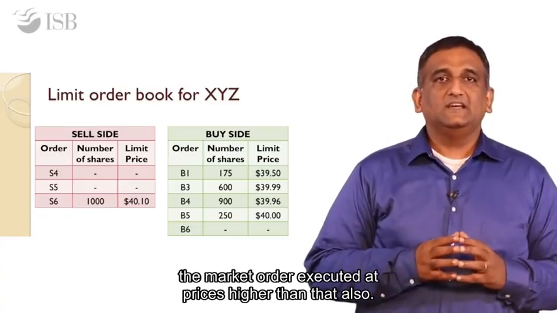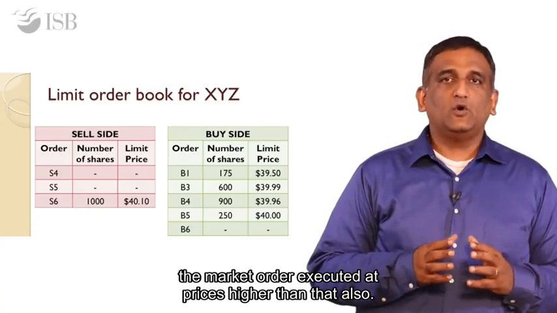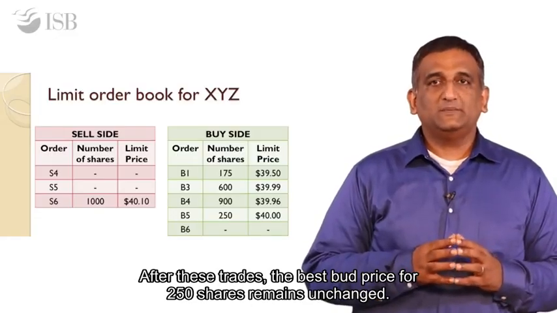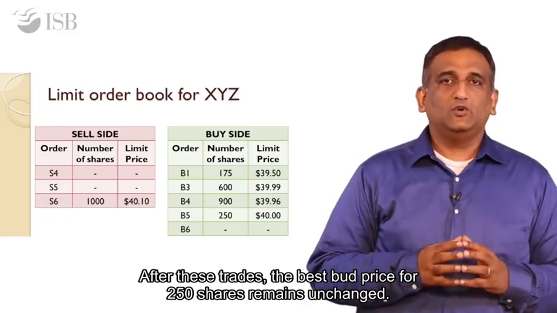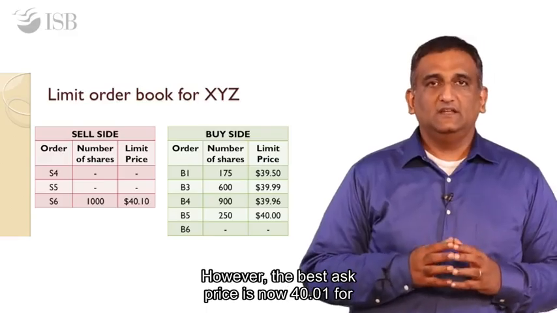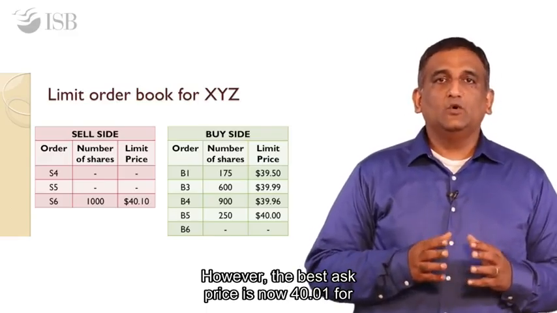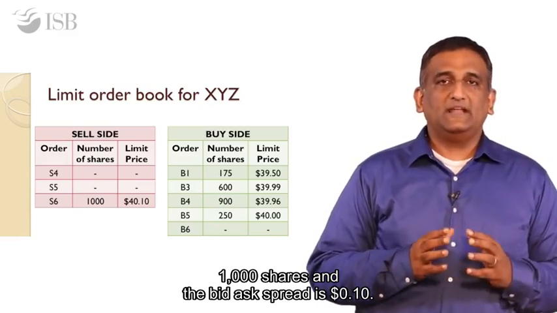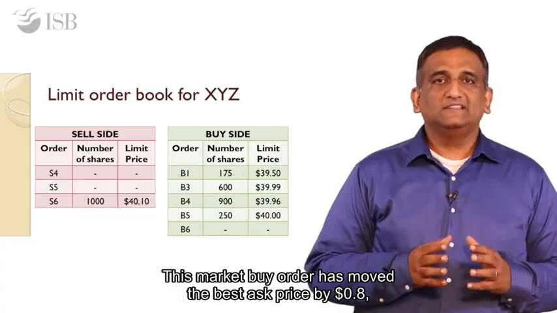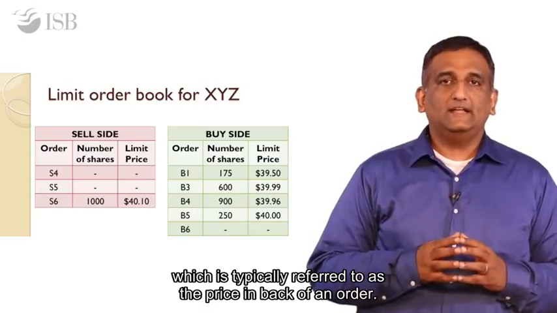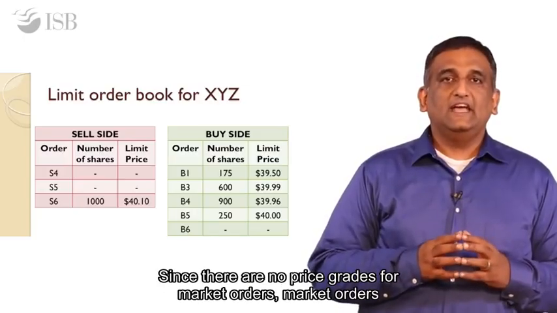After these trades, the best bid price of 40 for 250 shares remains unchanged. However, the best ask price is now 40.10 for 1000 shares and the bid ask spread is 10 cents. This market buy order has moved the best ask price by 8 cents, which is typically referred to as the price impact of an order. Since there is no price range for a market order, market orders could end up moving prices substantially, especially when